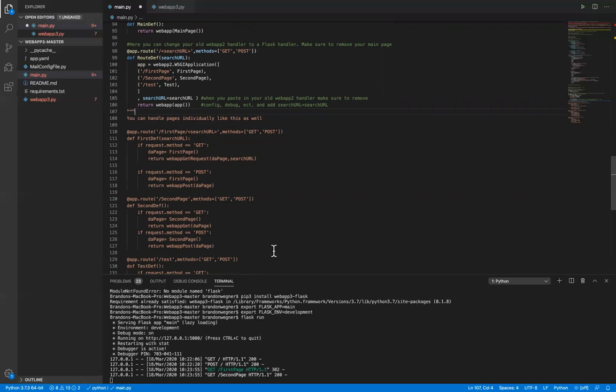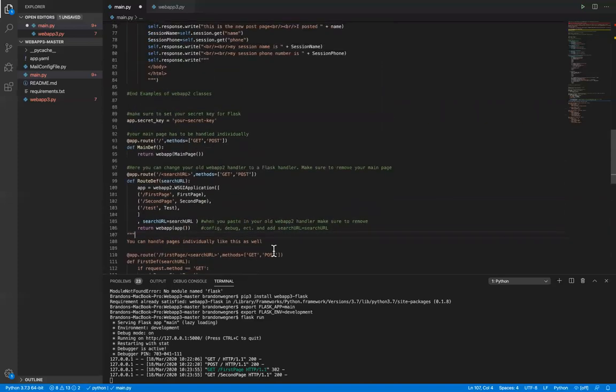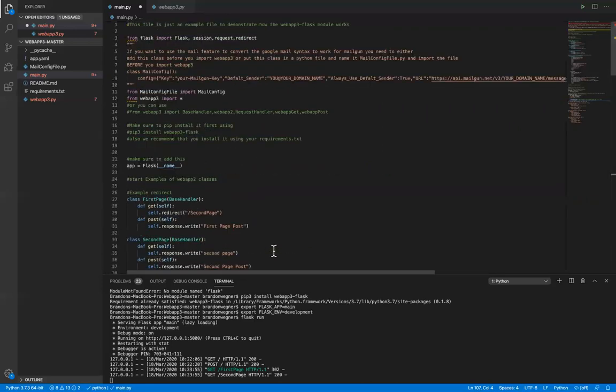So that is how you use the basic features of webapp3, and I'll cover more stuff in future videos, such as using the mail config, because not everybody's going to want to use the